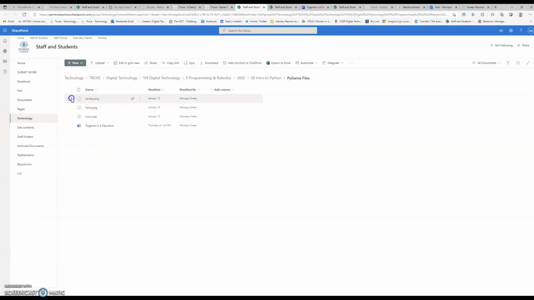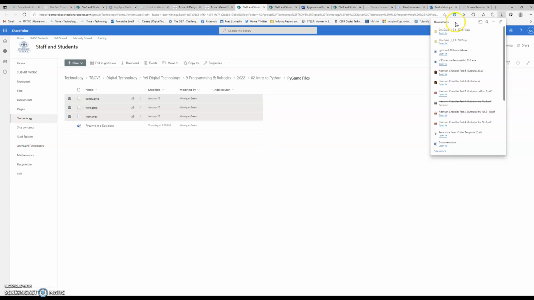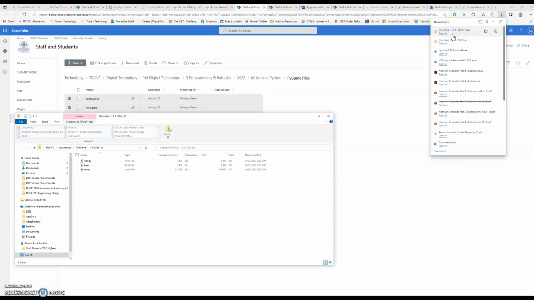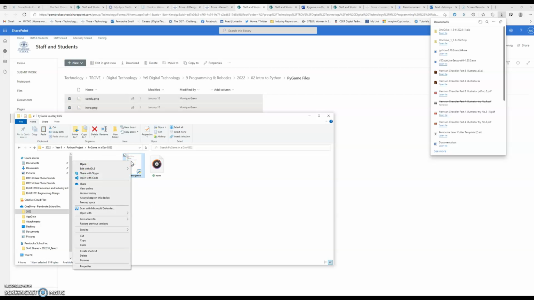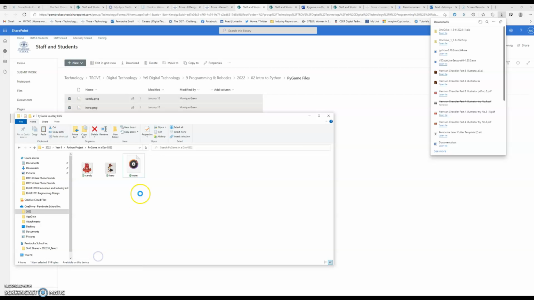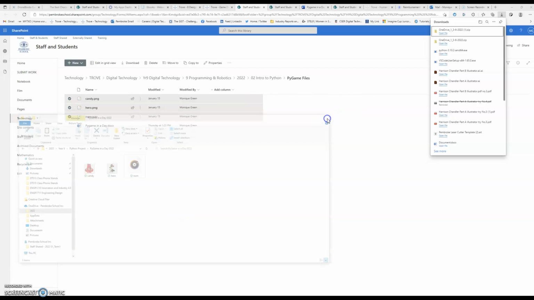You're going to select these three files and download them, like so. Okay, it will zip them up into one folder. Then you can select them all, right-click, copy, and then paste them into that Python project PyGame folder that you just created here. Okay, I'm just going to delete a file that I previously made. Okay, so we can close that now. The other thing